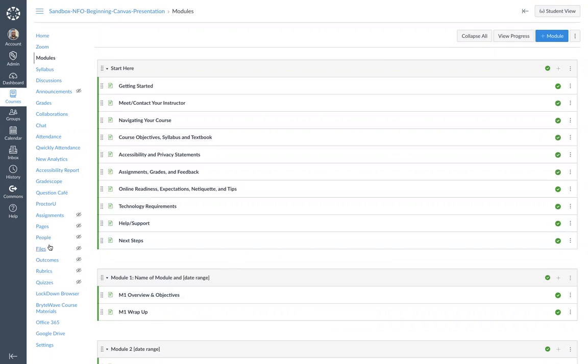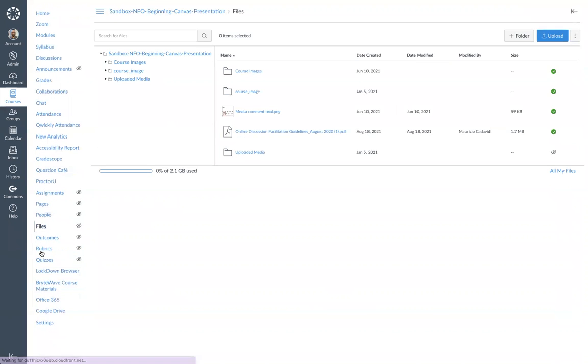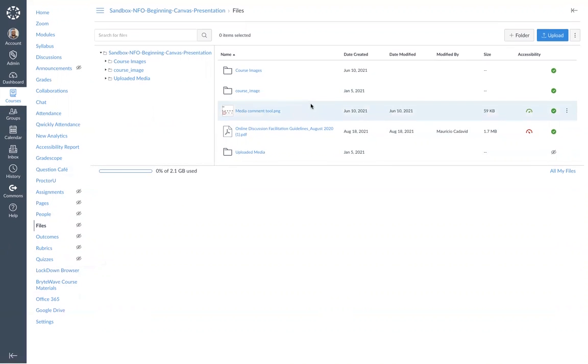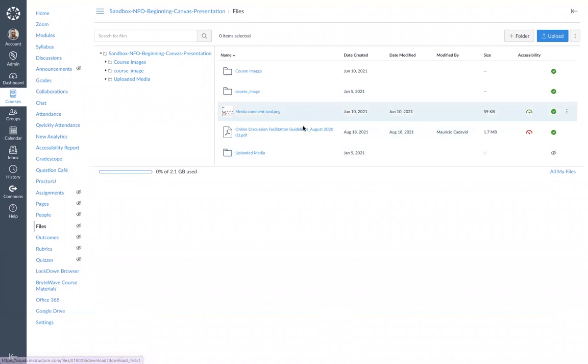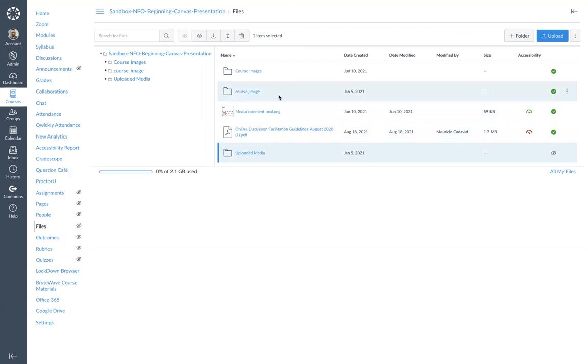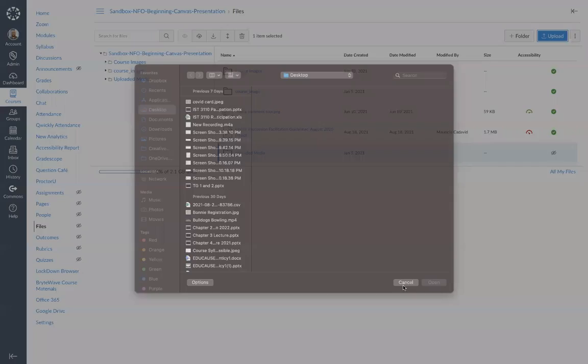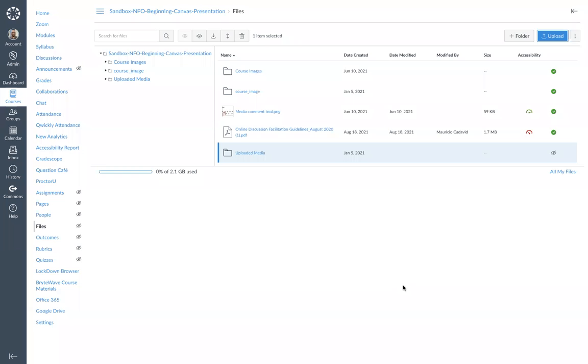And to access your files folder is going to be on your left-hand side. So files are the smallest form, right, that we have of content here. Everything that you have in your course will be uploaded here. Images, uploaded media, PDFs, anything is going to be selected here. If you do not have the file here, you would be able to upload it from your computer by simply clicking on that upload file. You will click there, and again, you can see the same thing that is coming up, for you to select the files.